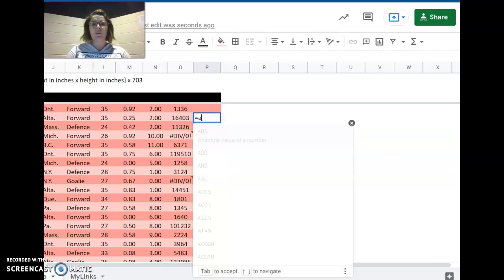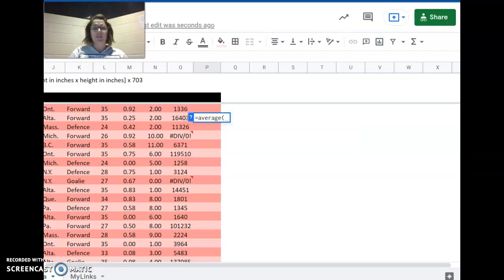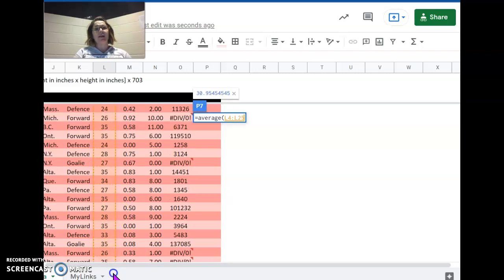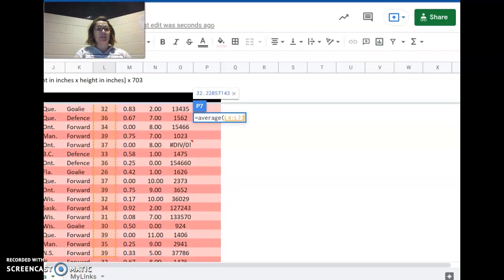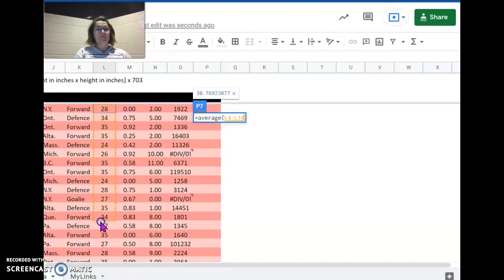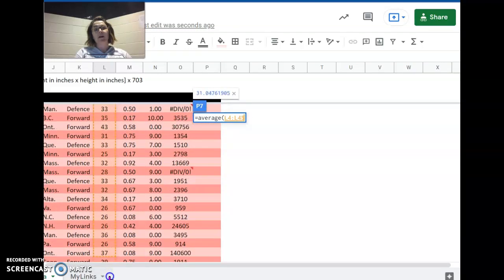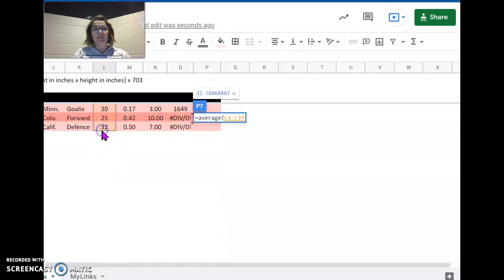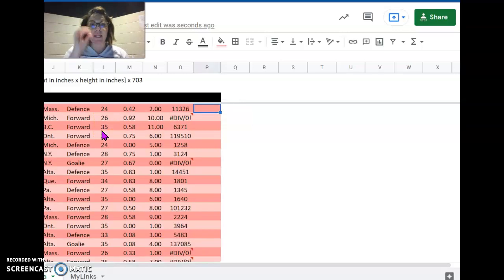So we're going to start out with equals, the word average, left parenthesis. I'm going to highlight from column L4 all the way down to L99, clicking and dragging down. It's not going to throw me off even if I had more, just because I'm trying to average and those didn't have any numbers. Close it with the right parenthesis. And when I hit enter,